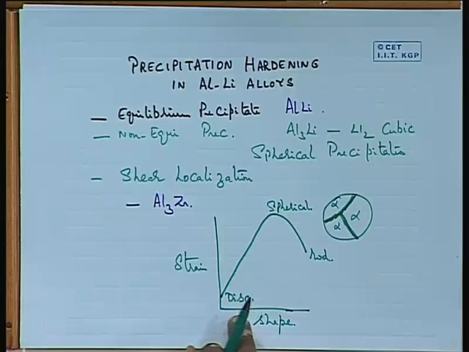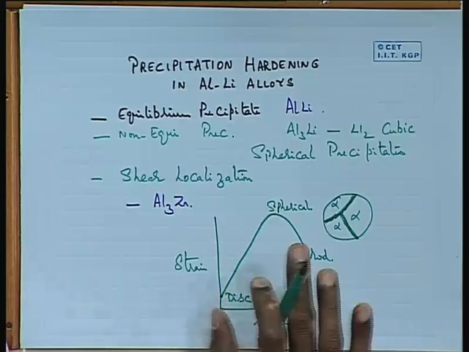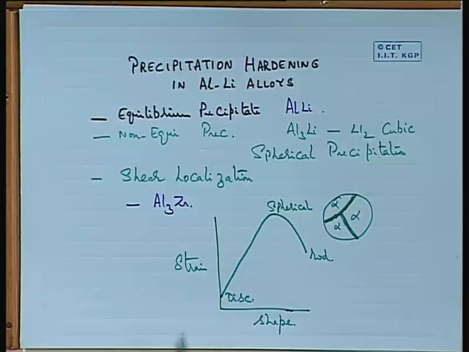So usually discs have the lowest strain. So every system would like to have disc type of precipitates usually, but at the same time a spherical precipitate has the lowest surface area to volume ratio, isn't it? So if you can have a spherical precipitate, you can have the lowest interfacial energy. So whenever a precipitate is coming out of a matrix, there are two energies which are going to